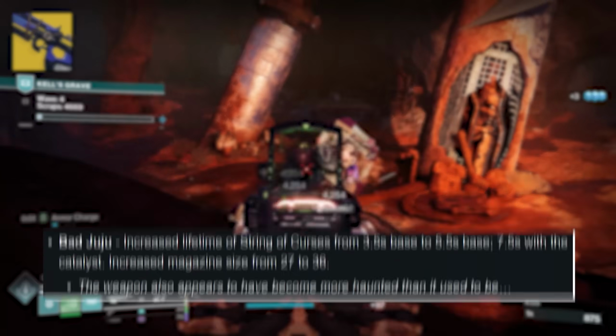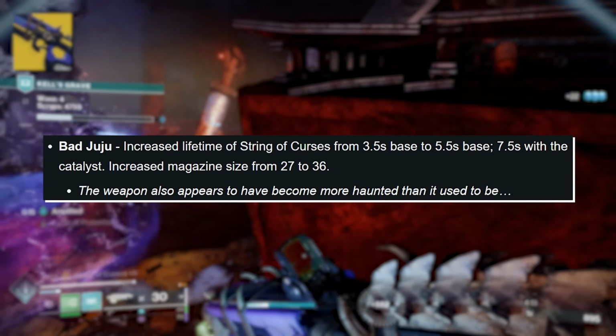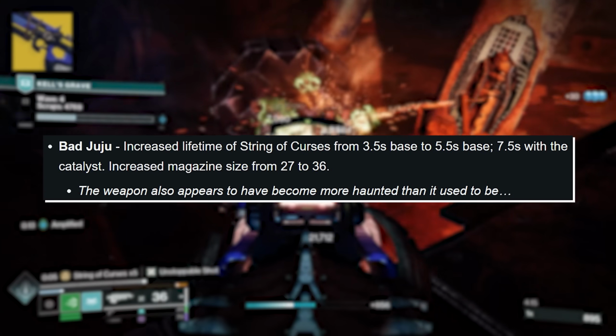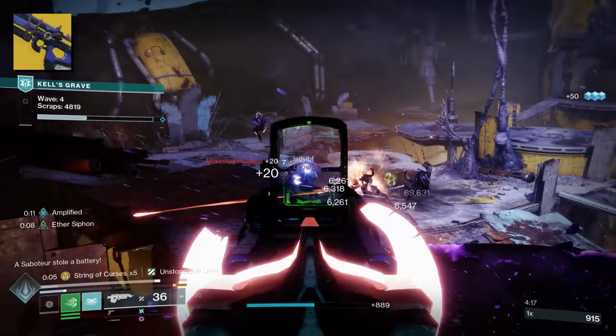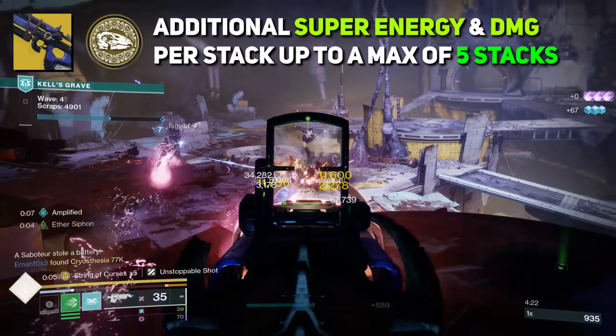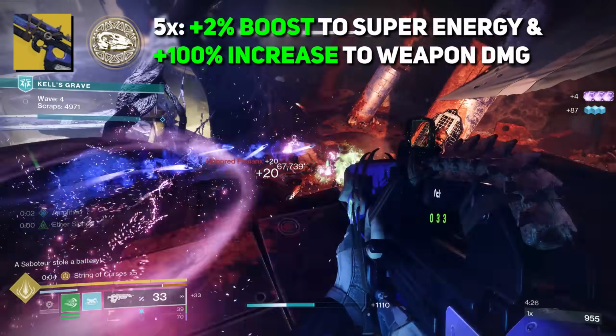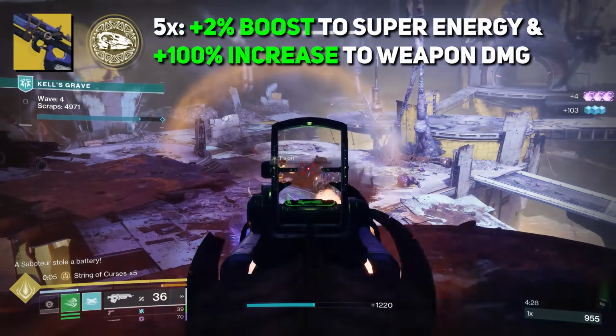The changes here include the lifetime of String of Curses being increased from 3.5 seconds to 5.5 seconds at base, and 7.5 seconds with the catalyst. Now as a reminder, String of Curses provides additional super energy and damage per stack up to a max of 5. At 5 stacks, we get a 2% boost to super energy and a 100% damage increase,